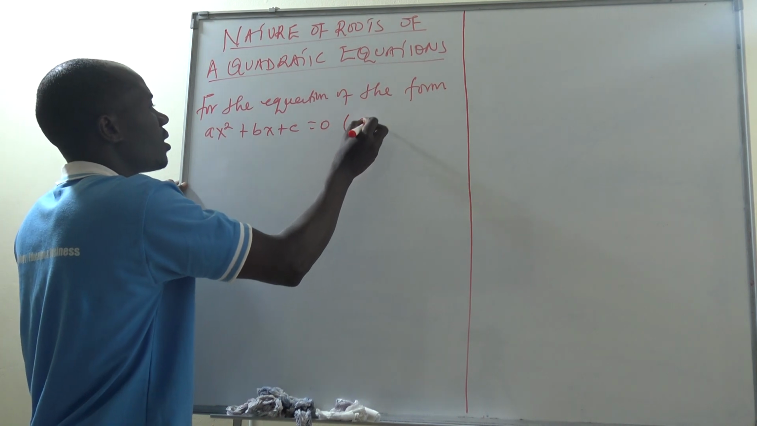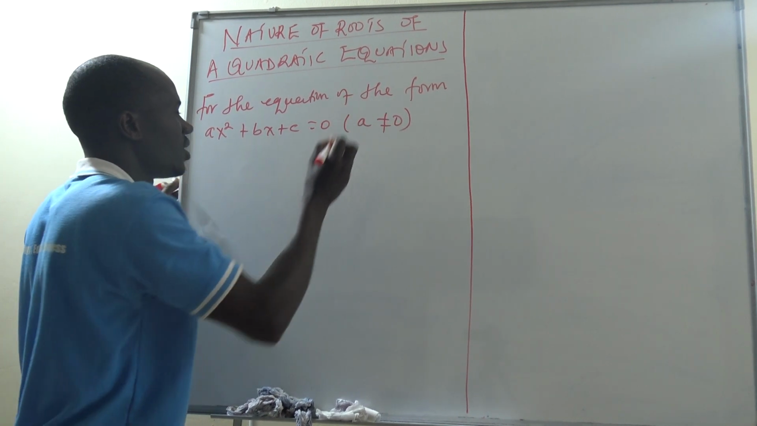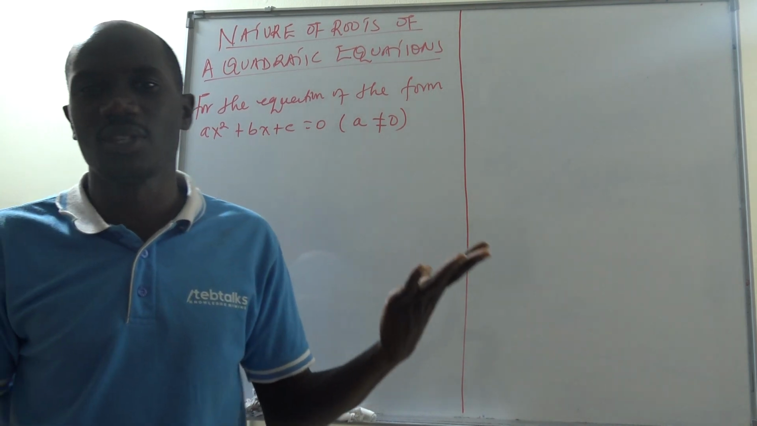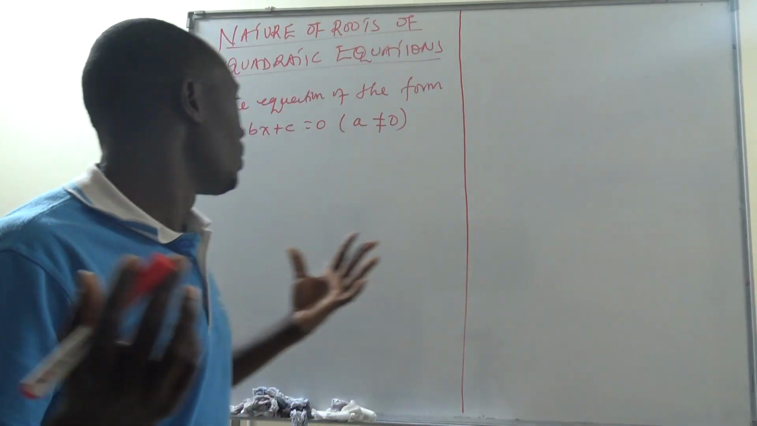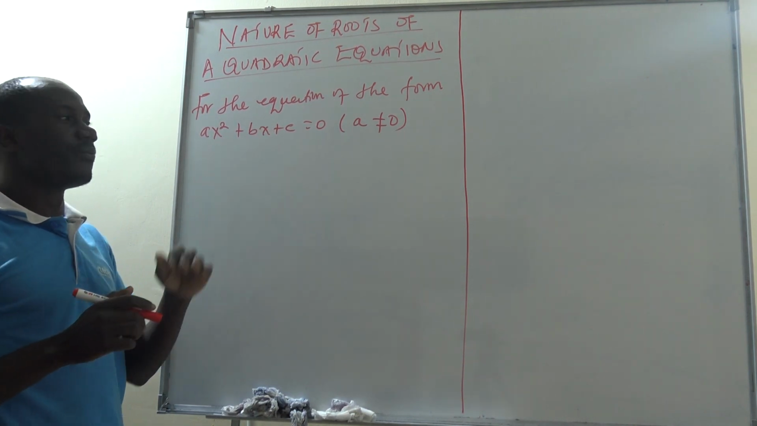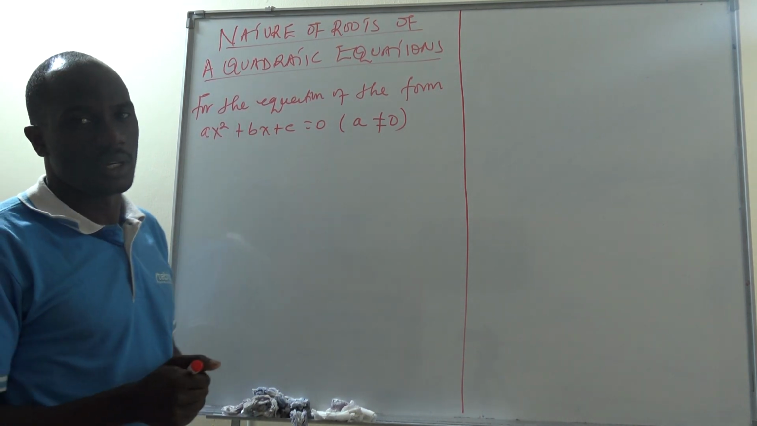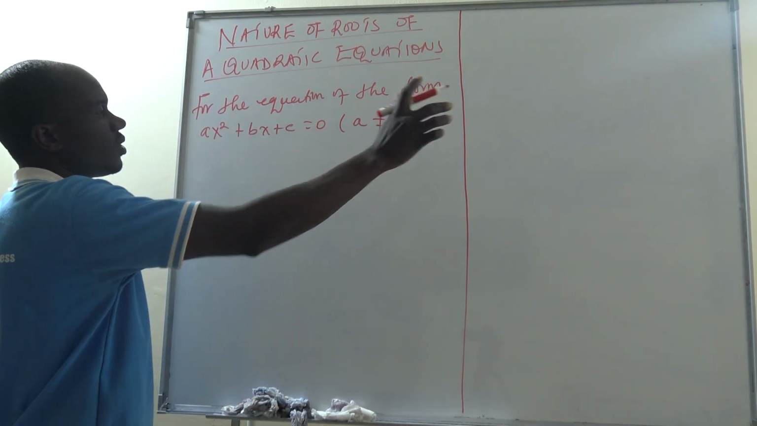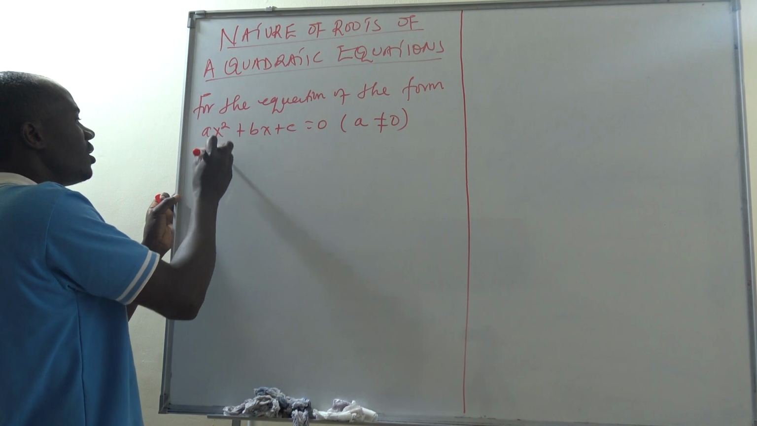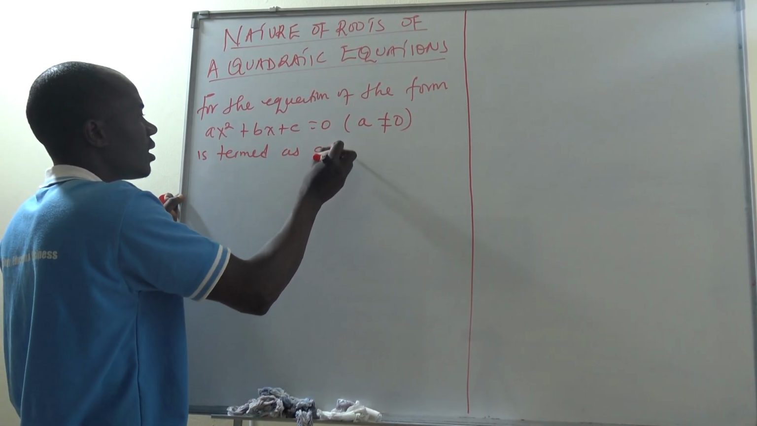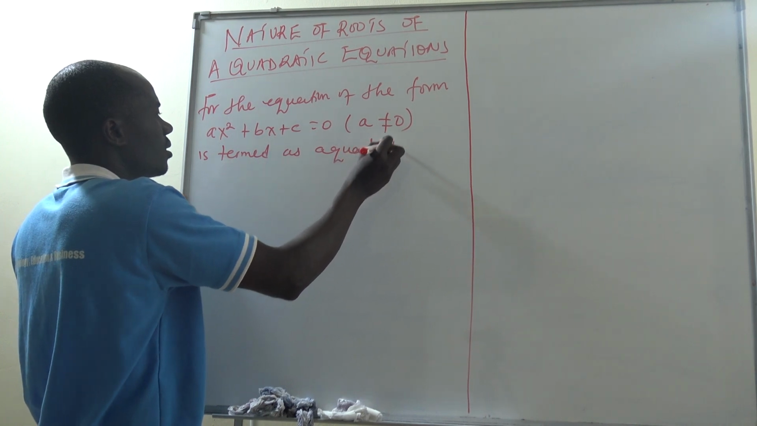For this case, we are looking at when a is not equal to what? To 0, because we said that when a is equal to 0, the whole equation becomes linear. So that's why we are saying that when a is not equal to 0, for this form, we are talking about a quadratic equation. The equation of this form, where a is not equal to 0, is termed as a quadratic equation,